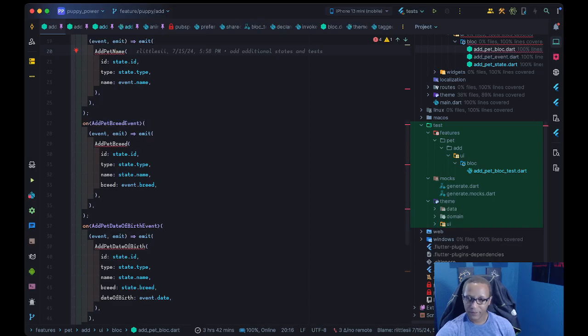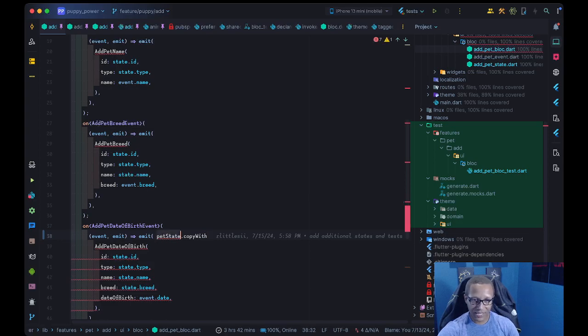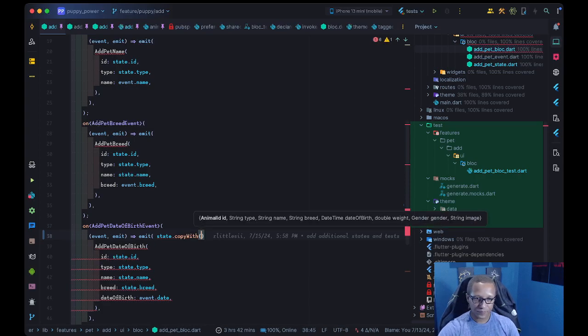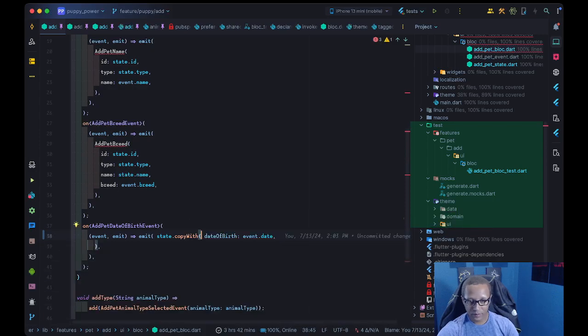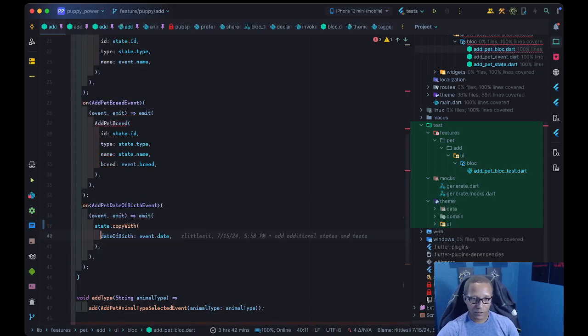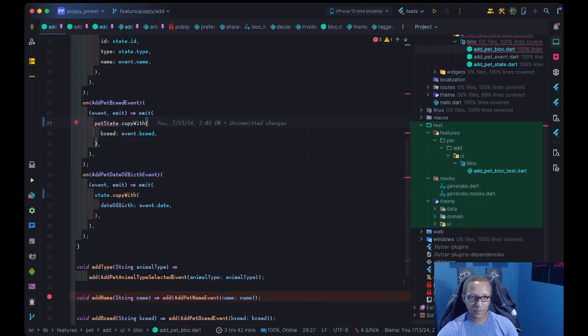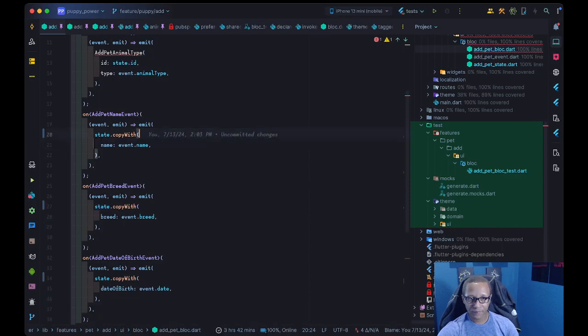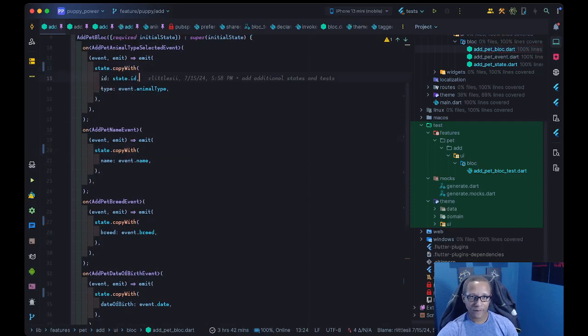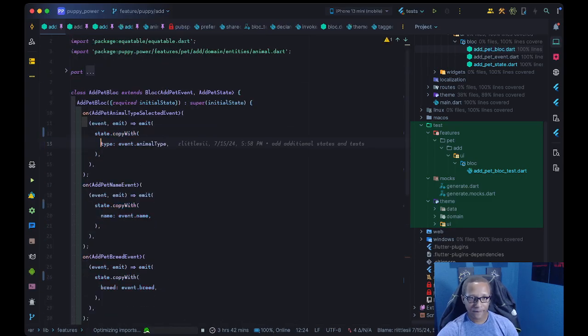Yeah, this is way easier. So we'll do state dot copy with... oh, this is gonna be so great. Yep, there we go. Oh, that's what I was supposed to do. Grab all that. There we go. All right, boom. So now